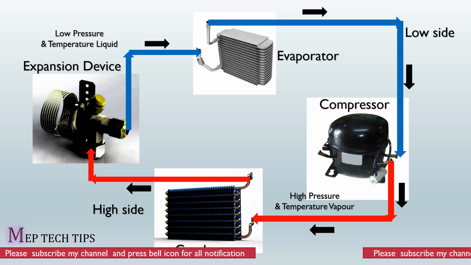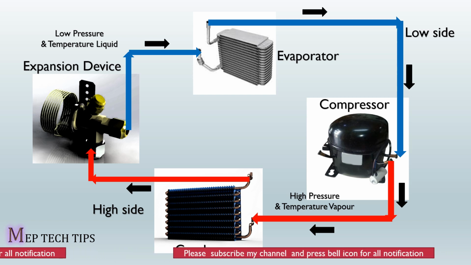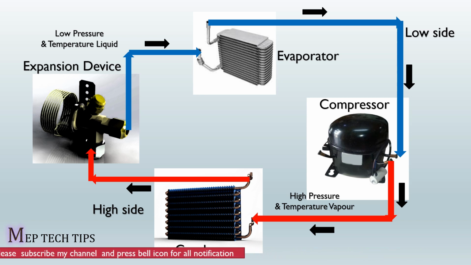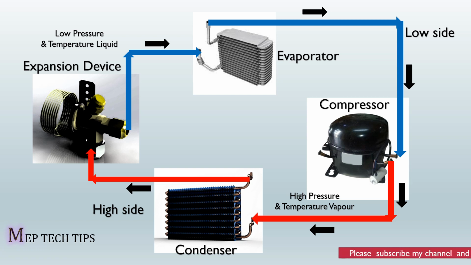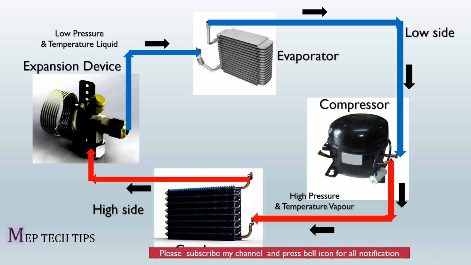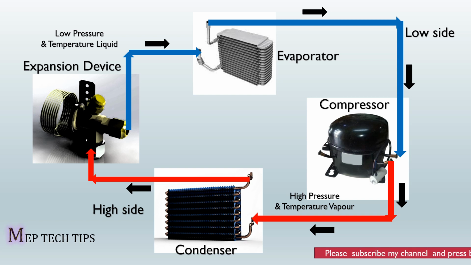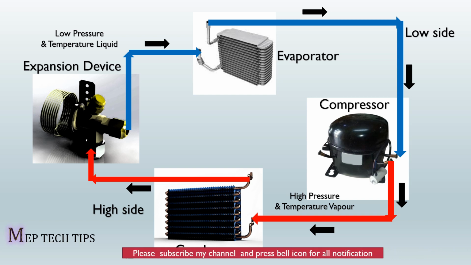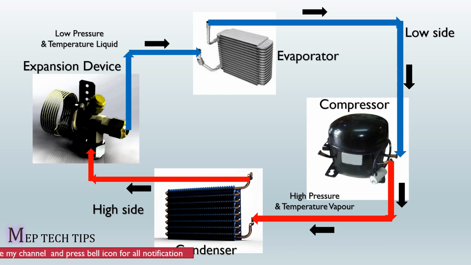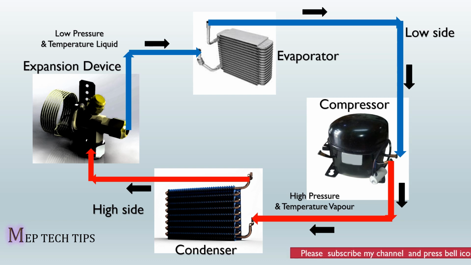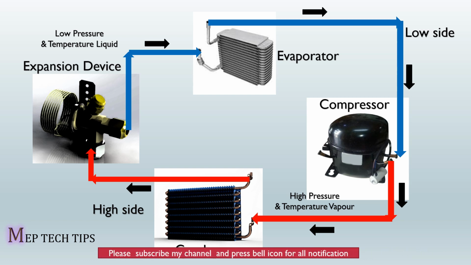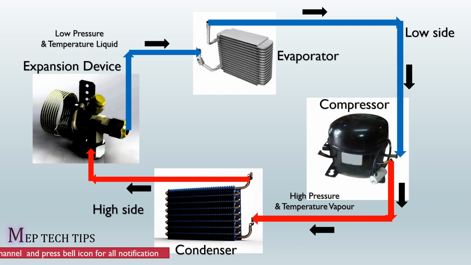Change of phase from vapor to liquid at the same temperature of 55 degrees Celsius is not enough to get a cooling effect. So what we do after the compressor and condenser is that the refrigerant enters one more device called the expansion valve, also called an expansion device or throttling valve. How will the expansion device work? For example, the diameter is 20 mm, and then it becomes narrow, like 3 mm.